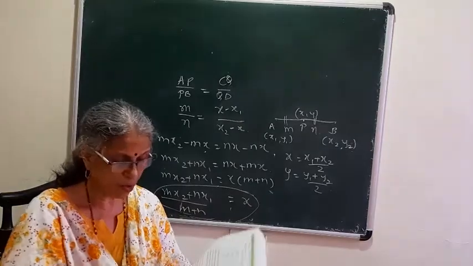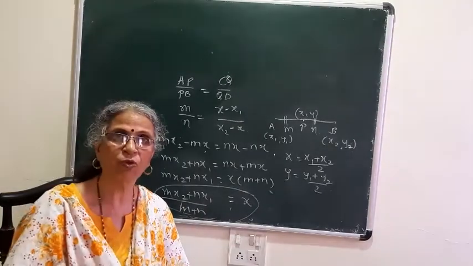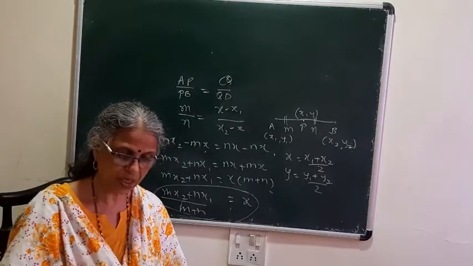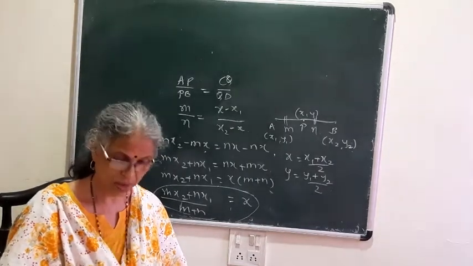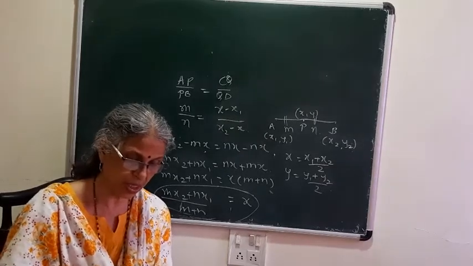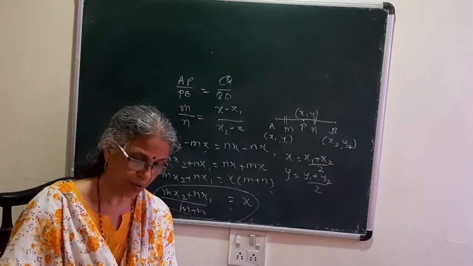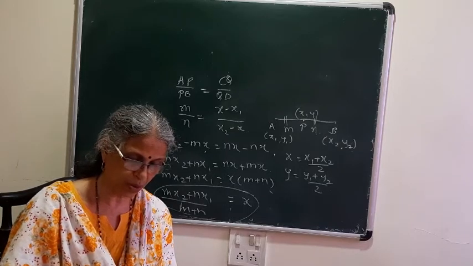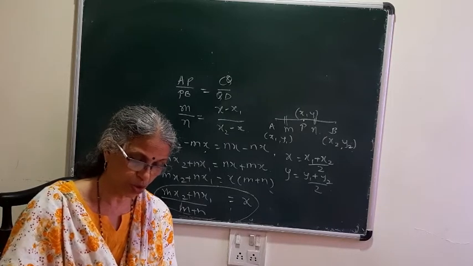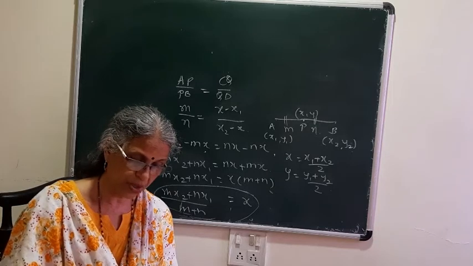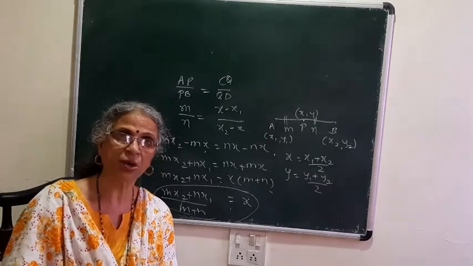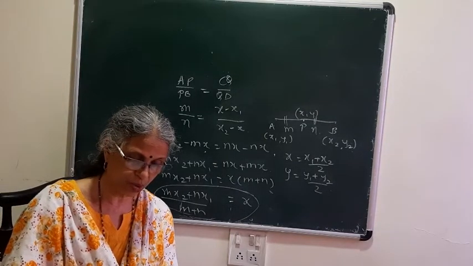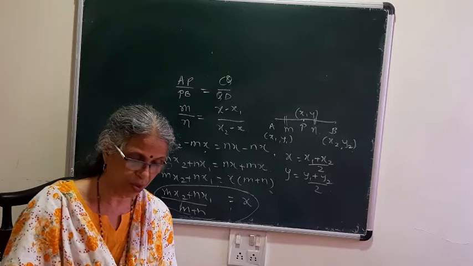Now the third formula they have derived is known as the centroid formula. For a triangle, the point of intersection of medians is known as the centroid. See figure 5.16. In this figure they have given A, B, C having coordinates x1, y1, x2, y2 and x3, y3, and they have shown the median AD on which they have taken point G, which is the centroid, and this centroid has coordinates x and y whose formula we are going to derive.